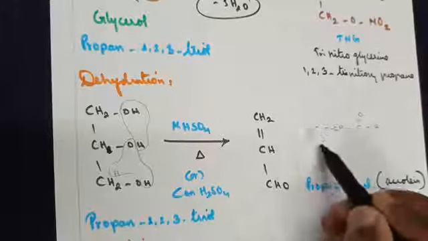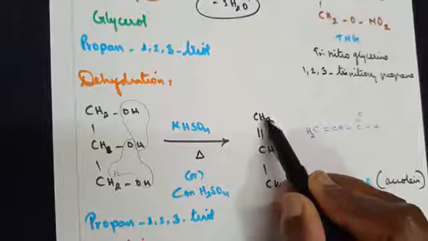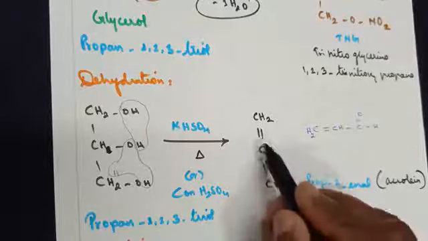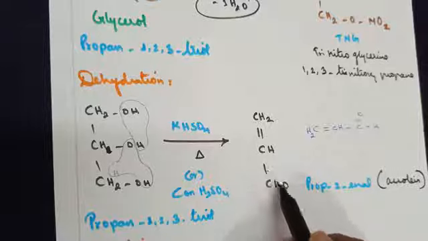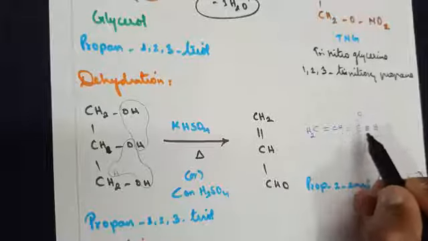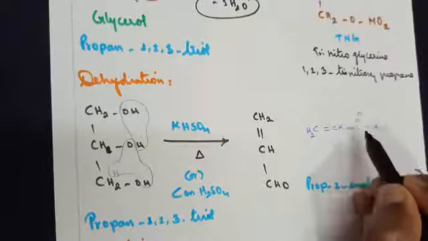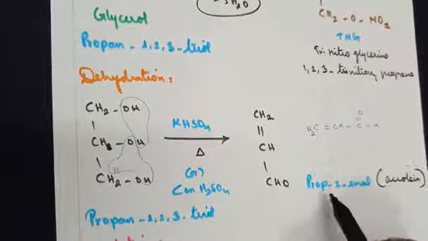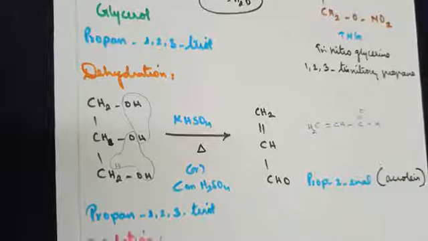So this one you can also write in this manner. So you will account for the number of bonds. In this case, you know that for this carbon the number of bonds around carbon is balanced. For this carbon, 1, 2, 3, 4, balanced. When it comes to this carbon, you will have only 1, 2. So when you write it in this manner, you know that in the carbonyl group, carbon is bonded with oxygen by a double bond, so 1, 2, 3, 4 bonds are balanced. So the name of the compound is prop-2-enal, that's another name. The common name will be acrolein.